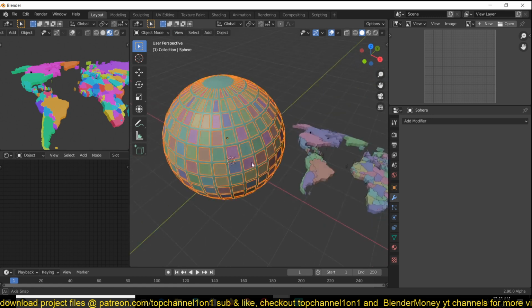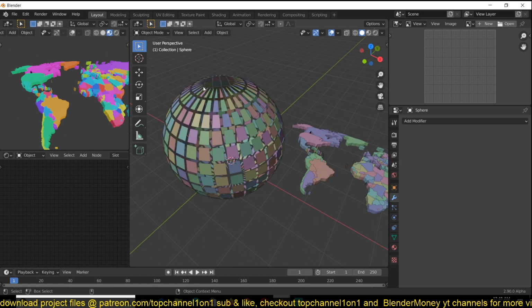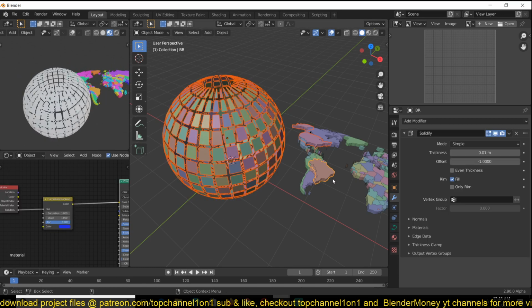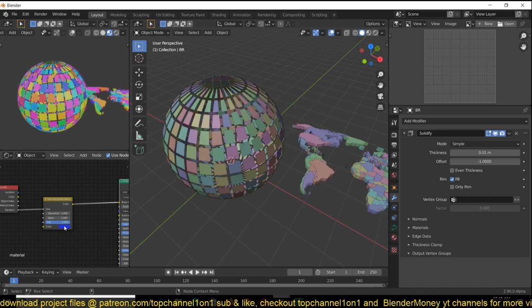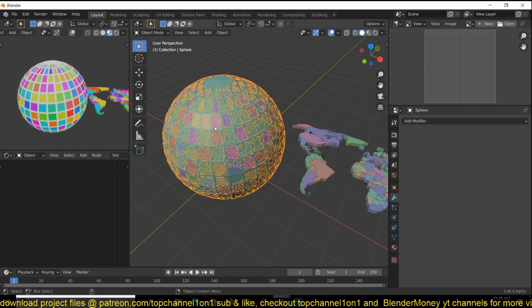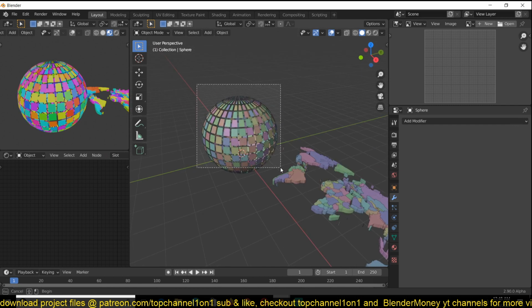So we get that. Now let me first hide this mesh and then select this, link them to the same material, and look at that. Interesting. Let me see what else can we do here.